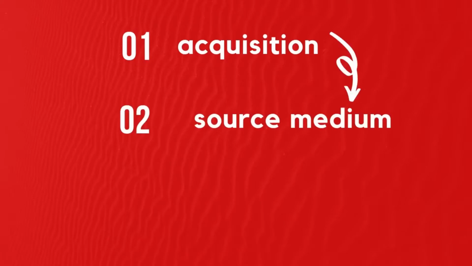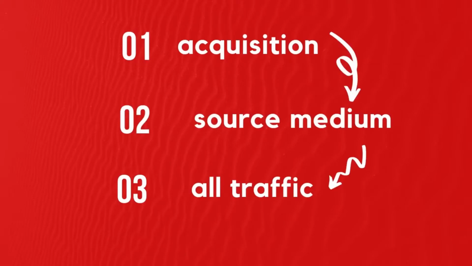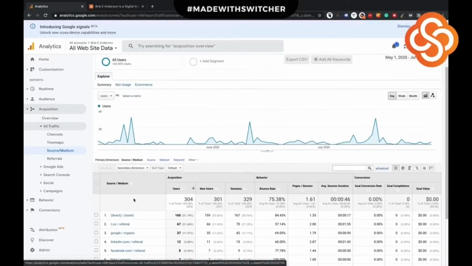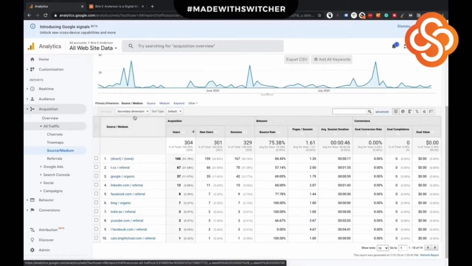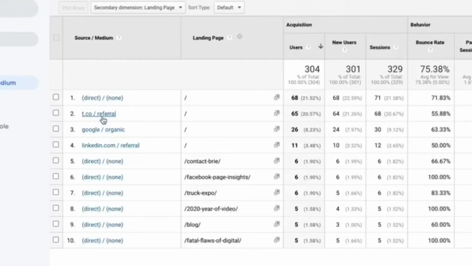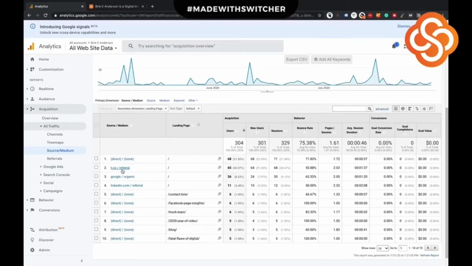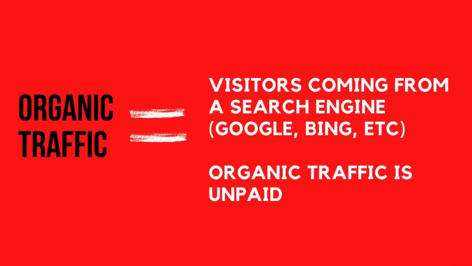website. All right, first thing is first, acquisition, source medium, all traffic. Here you're going to see exactly what channels are bringing traffic to your website. And a little more granular than you might be used to if you're only looking at channels, because this is going to tell you the source and the medium. So if it's referral, it might be /Twitter, or it might be organic, and it might be organic /Bing. So you can see that you're actually getting a lot of your organic traffic from Bing as opposed to maybe